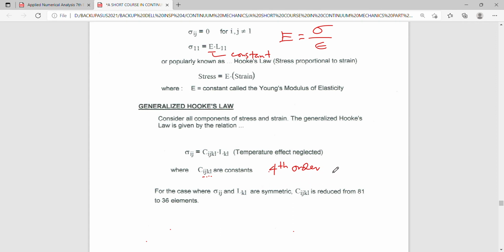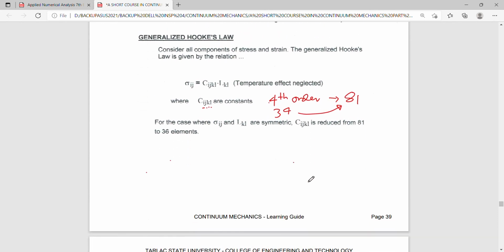Okay, fourth order. So, ilan na components? Ilan ang laman nung tensor mo, kung fourth order yan? Sir, 3. 81. Okay, 81 tayo. So, 3 raised to 4. Kailangan alam niyo na yan, no? Kasi dyan kayo magdi-depend, class, when you are doing the program, doing the computation. Okay? Importante yan. Okay, for the case where sigma ij and epsilon kl are symmetric, okay, meron tayo ngayong, anong tawag dito,